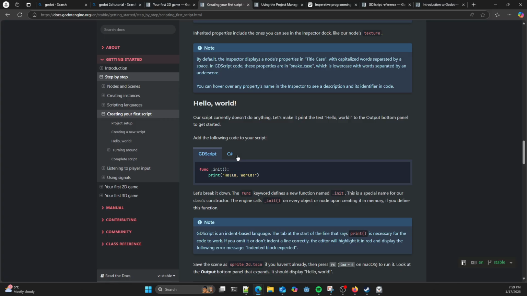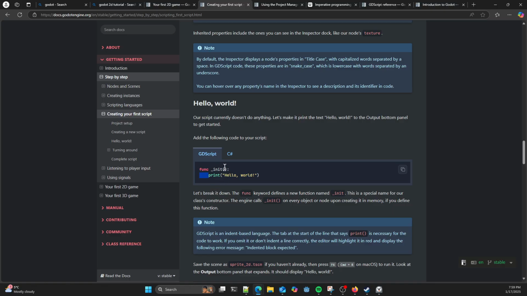So let's just follow what it's doing for now. Effectively very similar to Python here. It's almost identical, isn't it, to Python. The indentation indicates blocks and code flow.